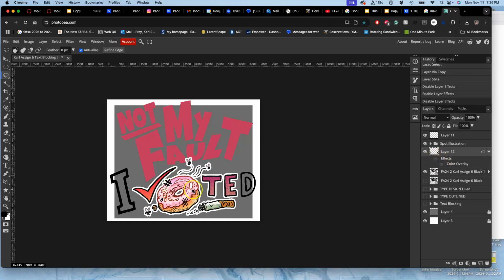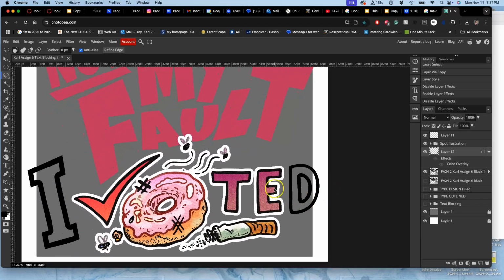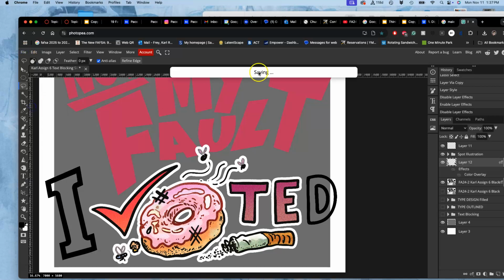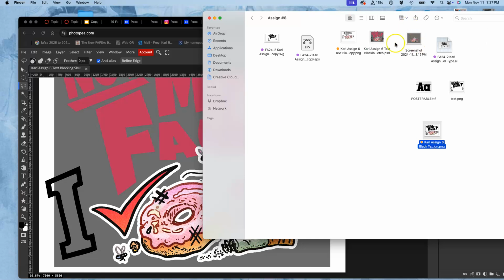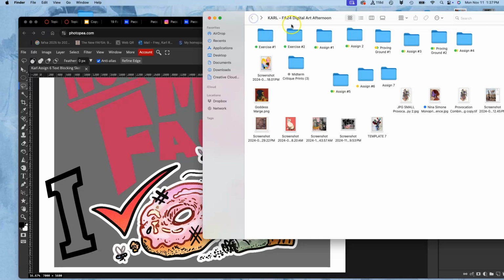Okay, now I want to color behind these. And I want to match what I use for my spot illustration, right? So I can actually do that really easily by opening up in Photopea. Here, let me save the progress on my work here. File, save. We'll update where I opened it from, which was in my assignment 6 folder right there. Right. So now if I go back to assignment 5